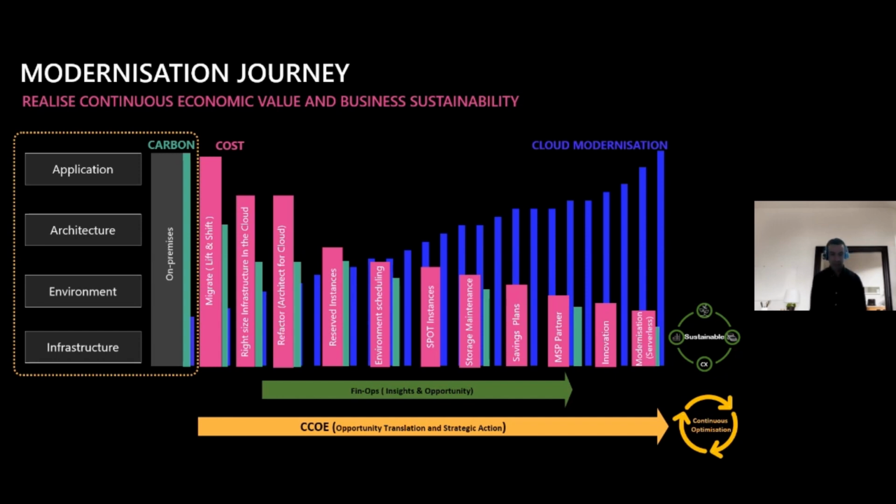and modernization journey from so many angles. Obviously, over on the left here in the grey, you can see somebody who's maybe on-premise or within their own data center or within maybe even a private cloud. And ultimately, what this is showing is how your carbon and costs can reduce as you pull these optimization levers or go on a cloud modernization journey. And you can see the level of modernization. And down the bottom here, we've tried to show where a FinOps focus and a center of excellence focus would go on that journey with you.